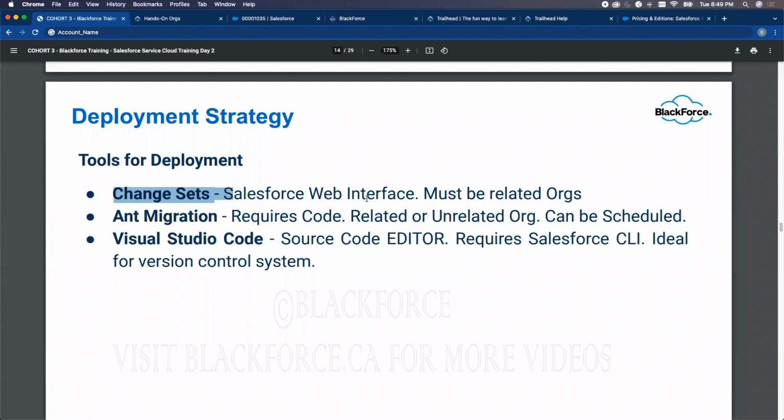In addition, you can use what they call the Ant migration tool. That is mainly for developers. If you just do a bit of coding configuration, you can deploy using Ant migration. Then we have what they call Visual Studio Code, which is also mainly for developers. You can retrieve files and you can deploy solutions that you're making changes to. But as a consultant, a Service Cloud consultant, majorly, this is what you should be using. If you're not going to be hiring a developer to develop any code, most likely you will be using the change set to deploy